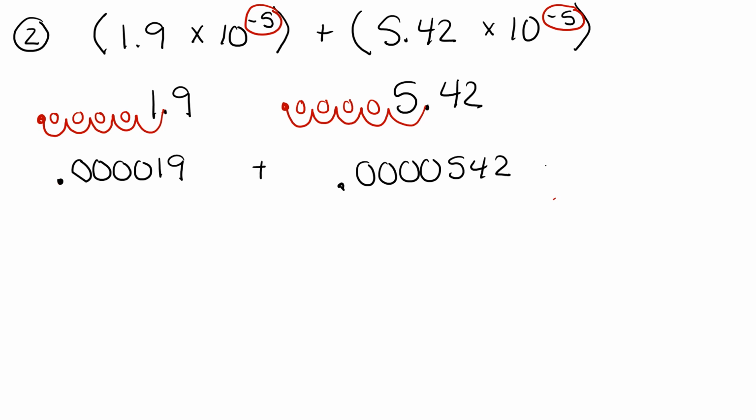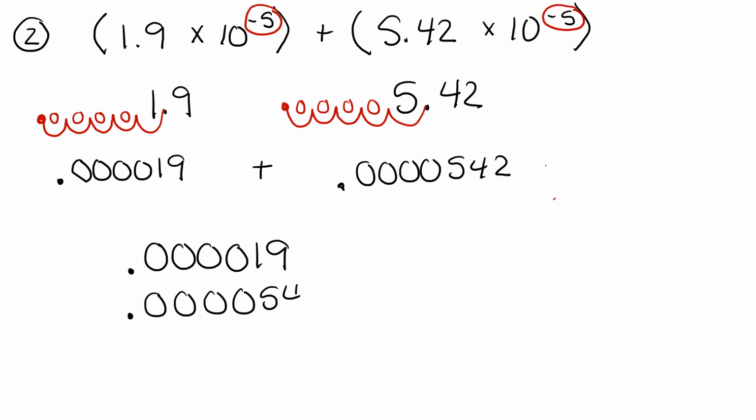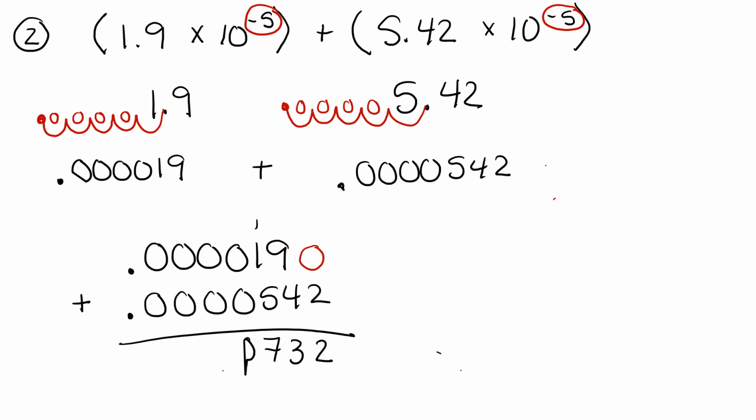0.000542. Now, when we add those two numbers together, we want to take our numbers, we want to line up the decimal points, and then we can add them together. 2 and nothing, if you want to put another 0 there, you can to fill it in. 2 and nothing is 2. 9 plus 4 is 13, so put down the 3, carry the 1. 5 plus 1 is 6, plus 1 is 7. And then all my zeros added together stay 0. And our decimal point stays out in front. So our answer would be